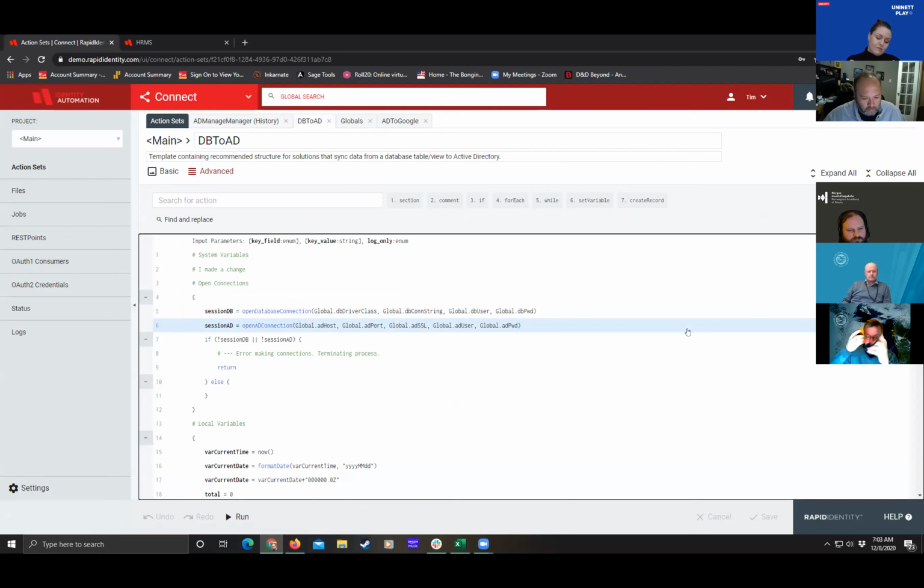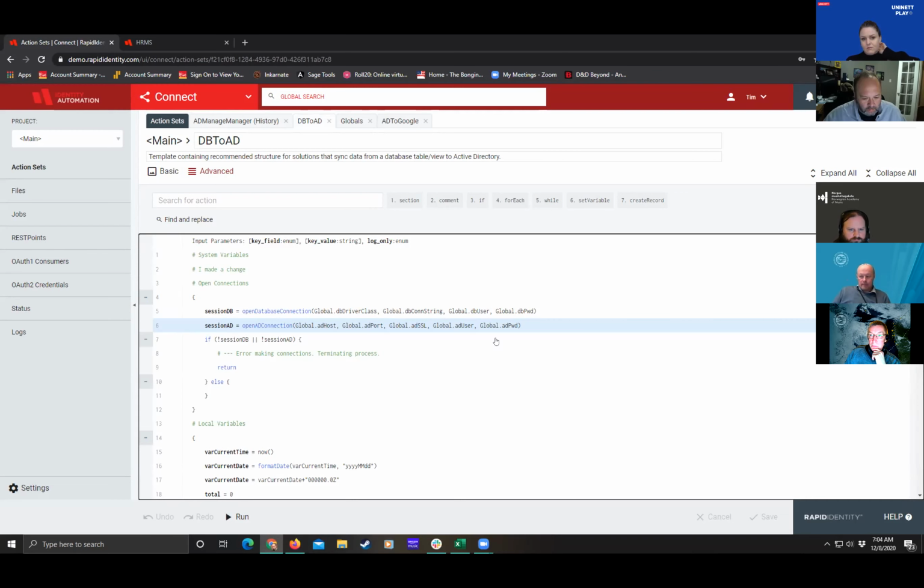Connect can open a connection to Active Directory. It can evaluate records. It can pull in a list of all accounts that have a disabled state. It can open a connection to all the other different systems, bring all that data together and evaluate it. And it can send you a report on a scheduled interval of here are all the accounts that are disabled in your Active Directory but have access to other things you're providing,